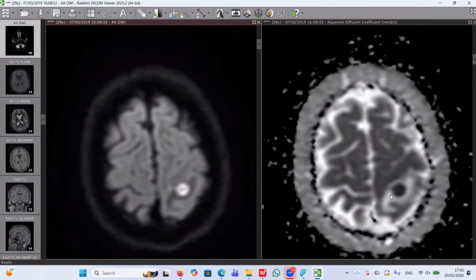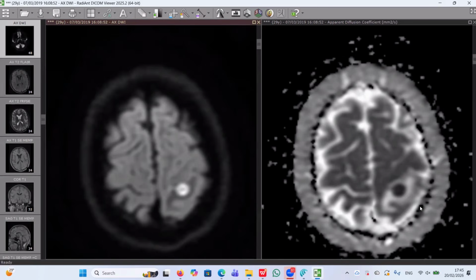Which one is more sensitive for the diffusion restriction, the diffusion or the ADC? The ADC. The ADC is more sensitive for the diffusion restriction. Sometimes with the diffusion, as you see here, the center dot is not restricted, but the diffusion shows almost complete restriction. So abscess is more